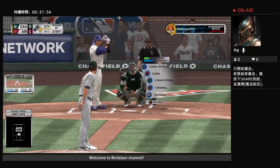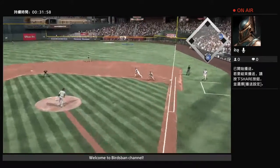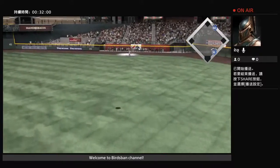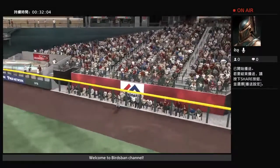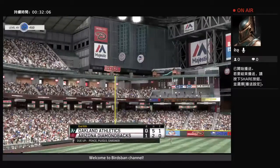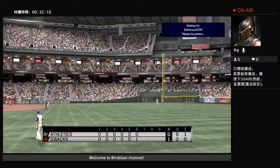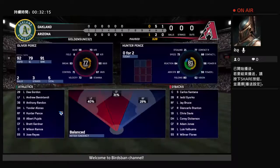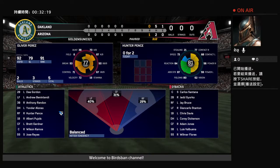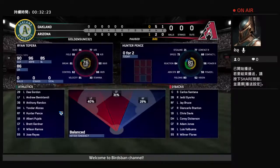Swung on and missed for the first strike. The 0-1 pitch. There's a swing and a drive hit well out to right field. Hence, ranging back. He's there to track it down, and that'll end the inning. Digging in once again. Leading off. Ryan Tepera is into the